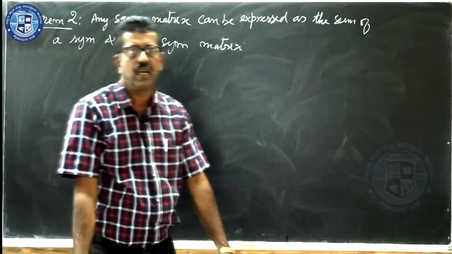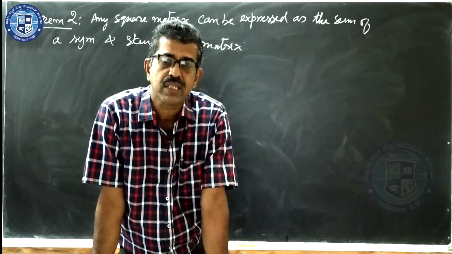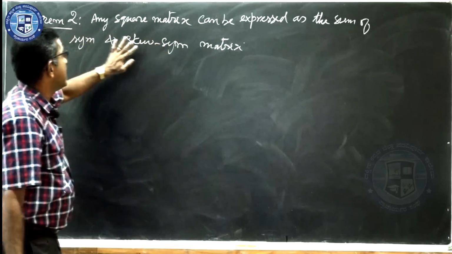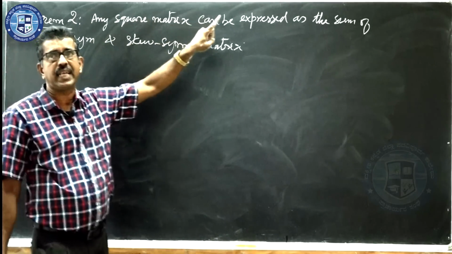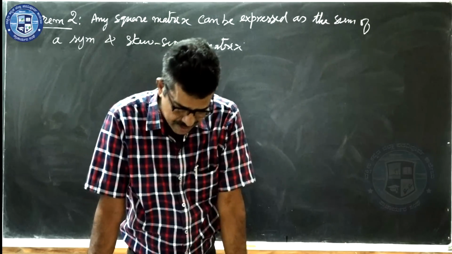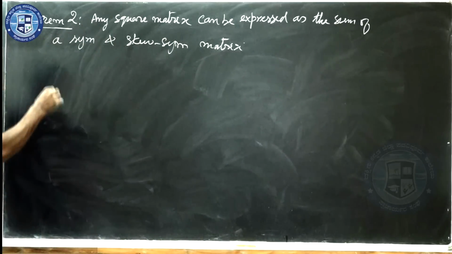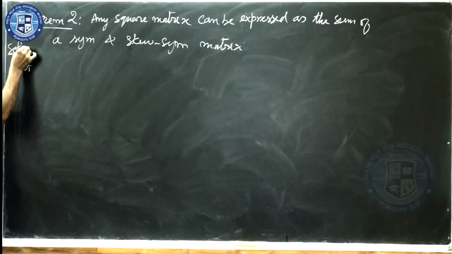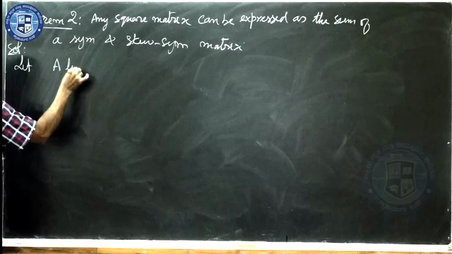The question based on this theorem is somehow important, because it is likely to be asked for 3 marks in the board examination. Okay. But I will explain in general how to prove this theorem. Any square matrix can be expressed as what? A sum of a symmetric and skew symmetric matrix. Okay. So, we will do one thing. I will take a matrix. Solution. Let A be a given matrix.